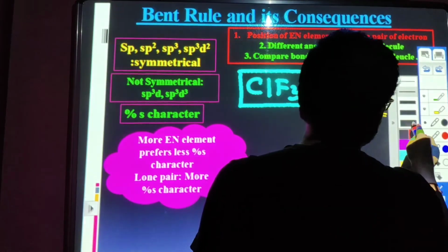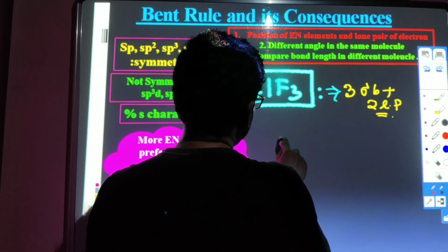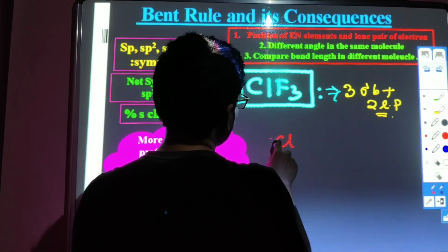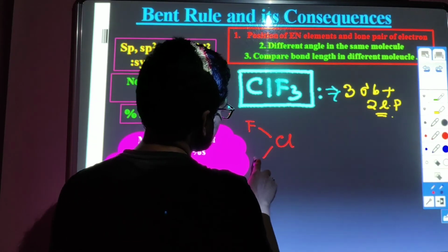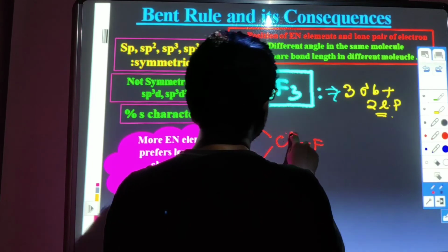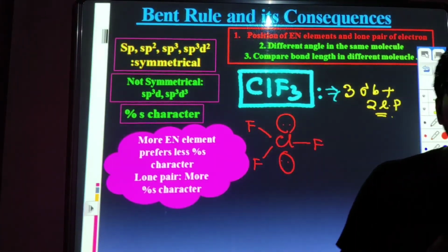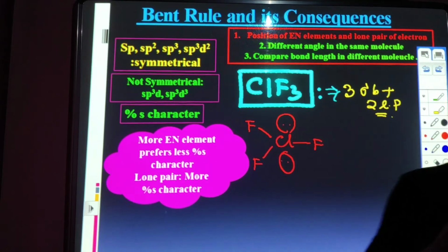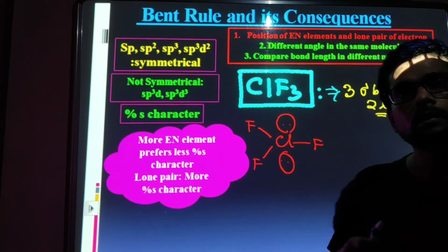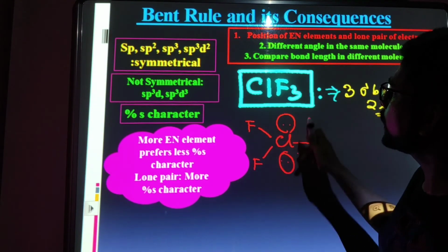Let me put the lone pair and bond pair: this is Cl, this is F, this is F, ClF3. If someone tries to put the lone pairs like a pentagonal bipyramidal geometry, or square planar, at 180 degrees,